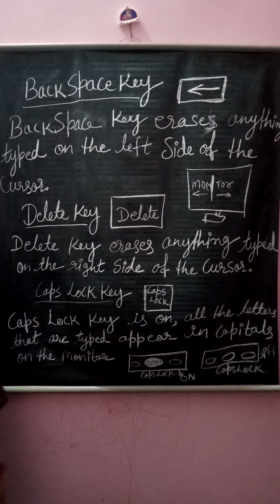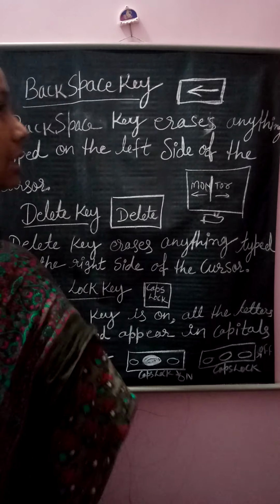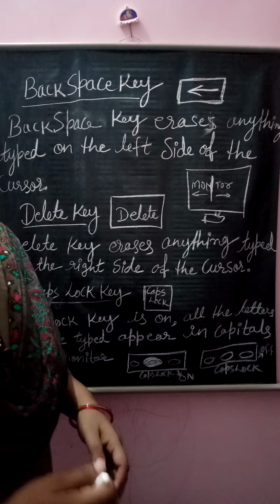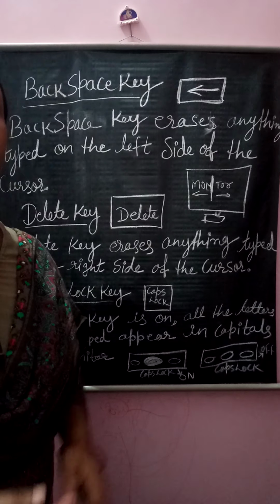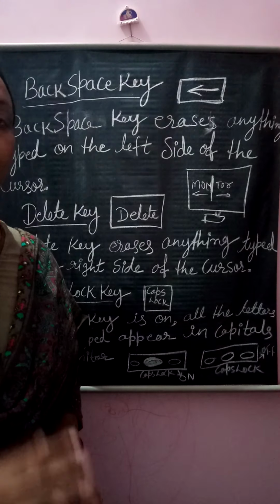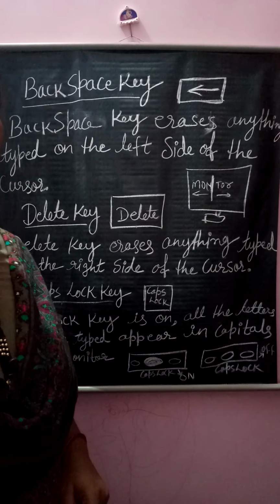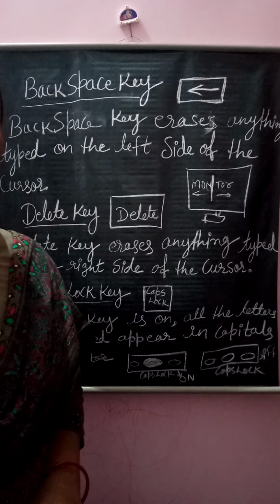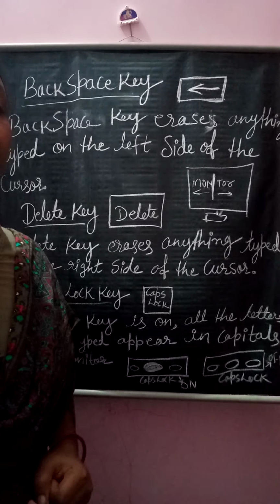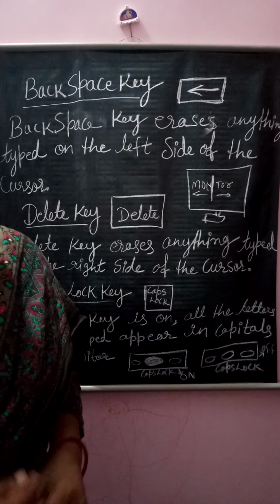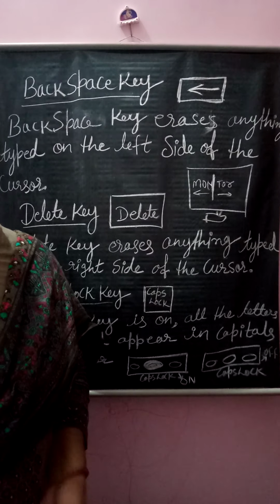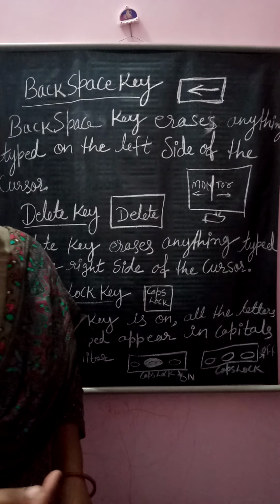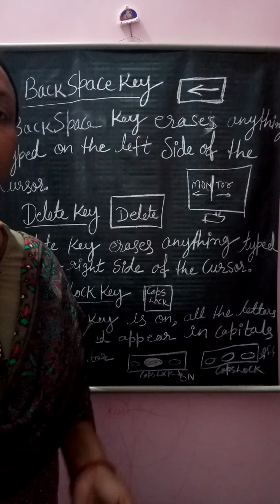Now next comes the caps lock key. Caps lock, the name itself indicates. Suppose you want to write capital alphabets, capital letters. So what will you do? You have a single keyboard and you can write the small letters and the caps also with the help of the keys. Normally you can write the small alphabets with the help of the keys in sentence case.